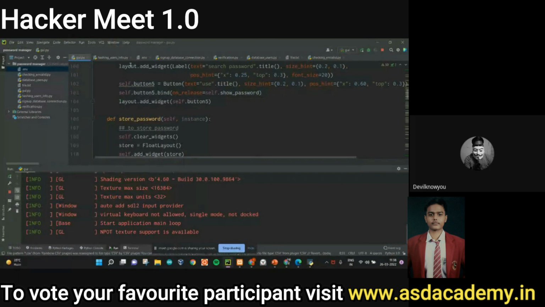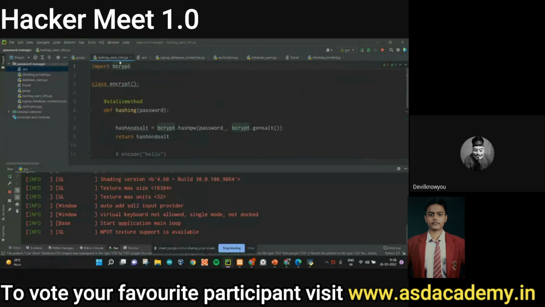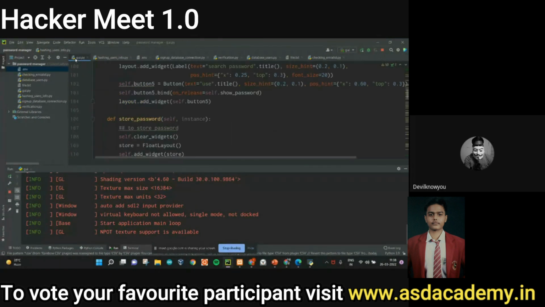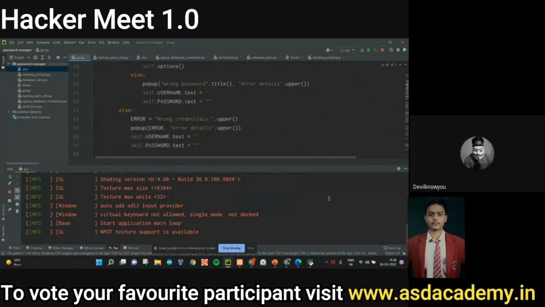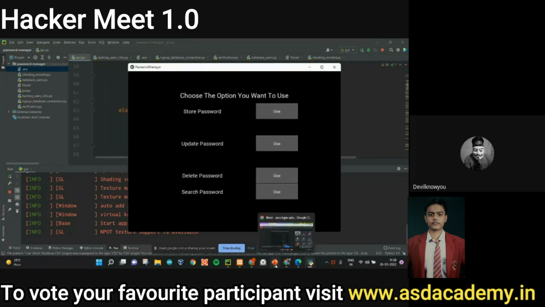So for that, I've used the bcrypt module. Bcrypt is a module which helps in hashing and salting the passwords. So it will make brute force harder and slower. And for storing the password of the user in the database,